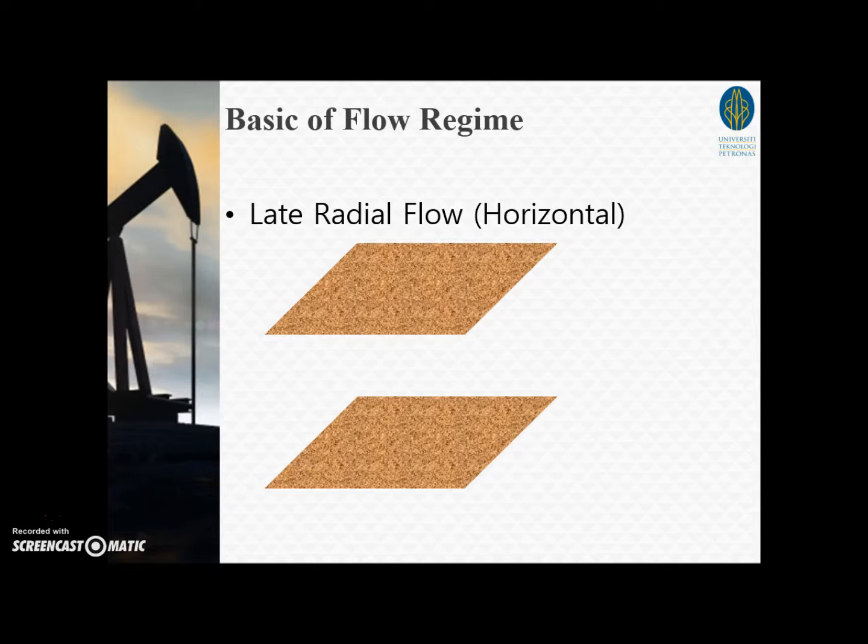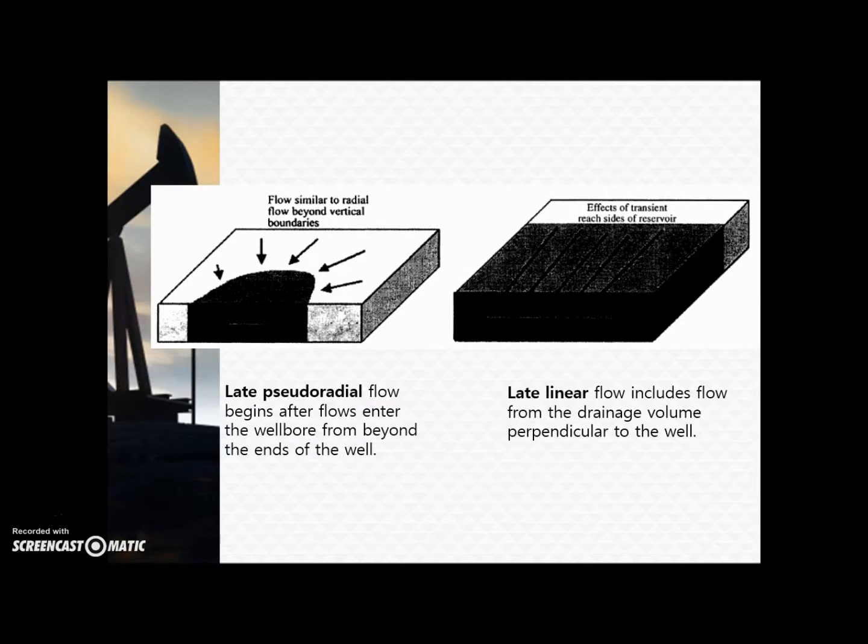At late time, the influence of the upper and lower boundaries will cause another radial flow regime where the axis of the flow is vertical, but the flow is still radial in the horizontal plane. Eventually, flow will begin to come into the wellbore from beyond the end of the well and is named as